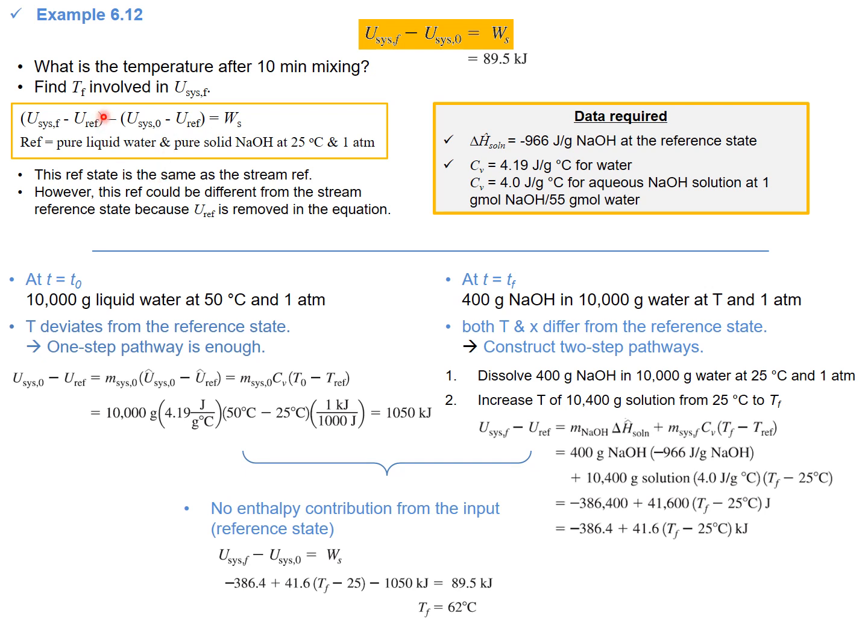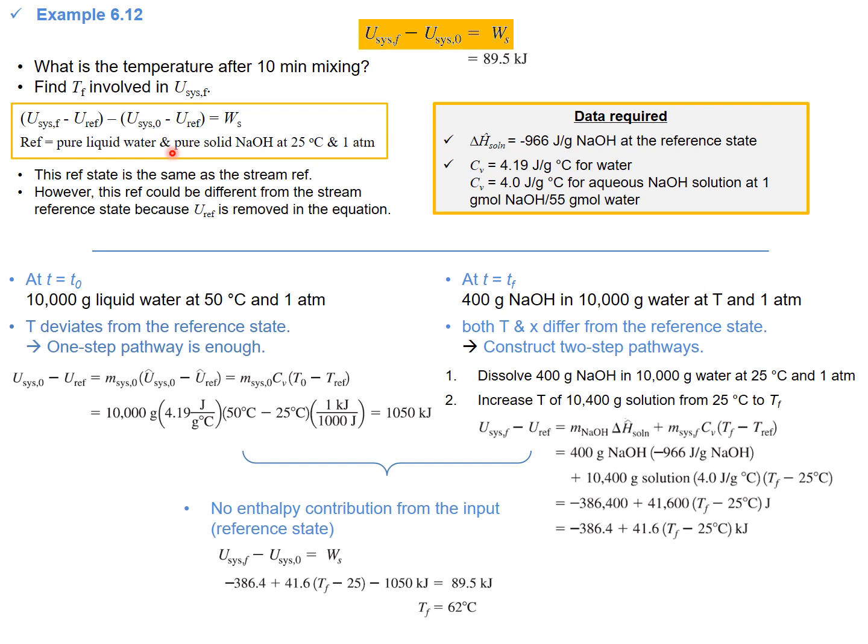You know, this U reference is cancelled here and there, so it is going back to the original equations. In this case, reference state is pure liquid water and pure solid sodium hydroxide at 25 Celsius degree and